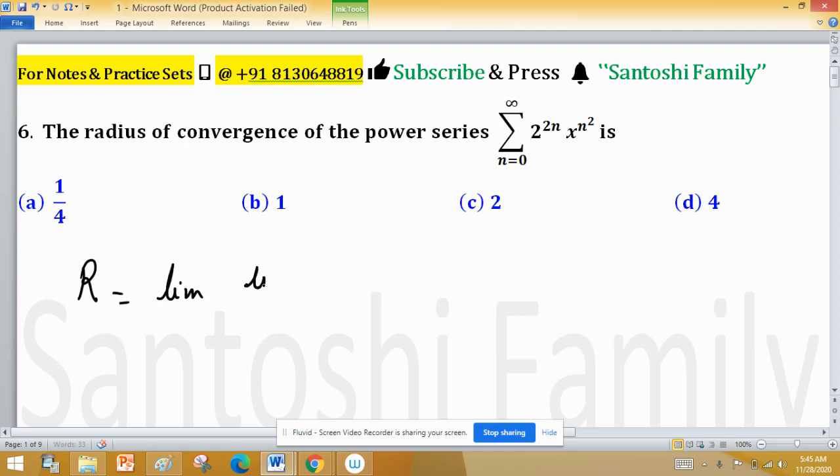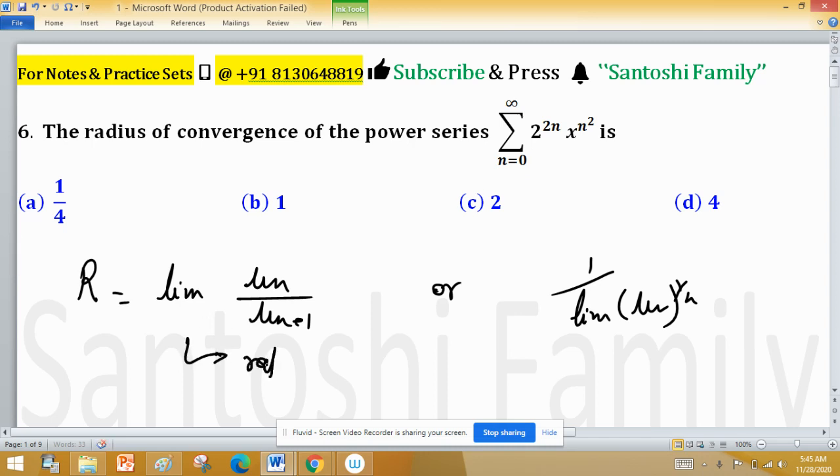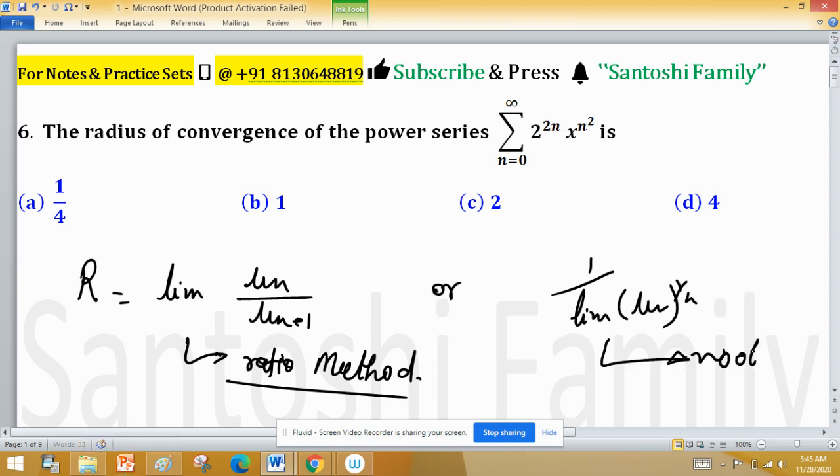Limit un divided by un plus 1, or 1 upon limit un raised to the power 1 upon n. This is the ratio method, or ratio test as we know, and this is the root test. We normally use these two methods